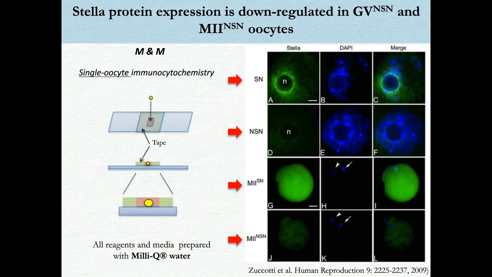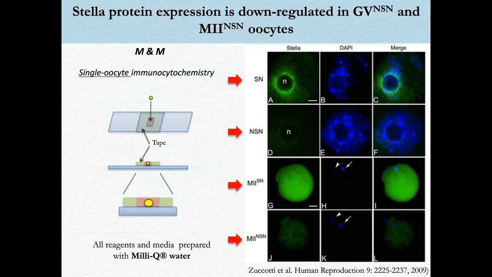Then, a tiny drop of 5 microliter PBS is put within this cavity, thus creating a small pool in which the single oocyte is kept throughout the changes of media and reagents required by the procedure. Again, all the media were prepared using milli-Q water, and a detailed description of the method is found in our